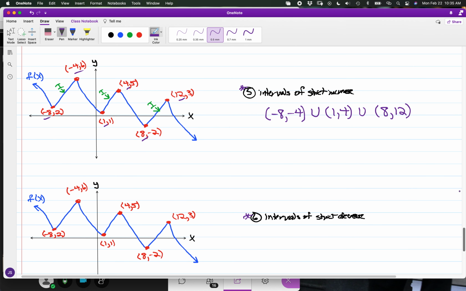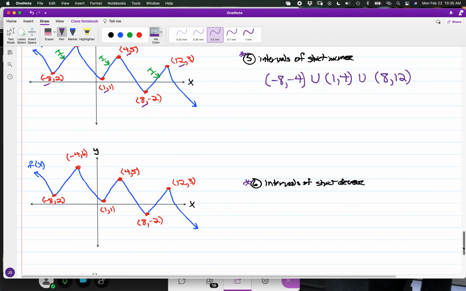So we have between -8 and -4 for x. And also for x we have between 1 and 4, and 8 and 12. And again, for motion like increase and decrease, you're going to maintain the use of parentheses. All right, and then where the decreases occur,